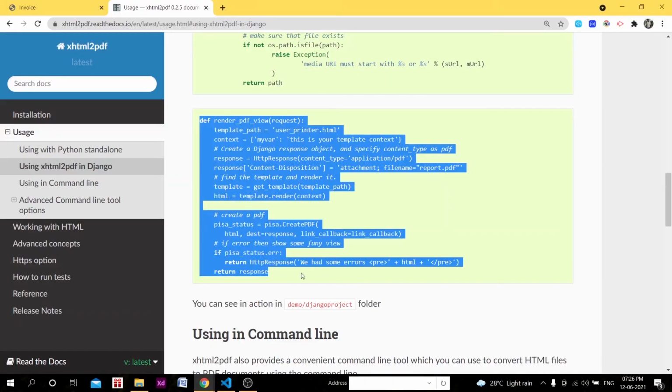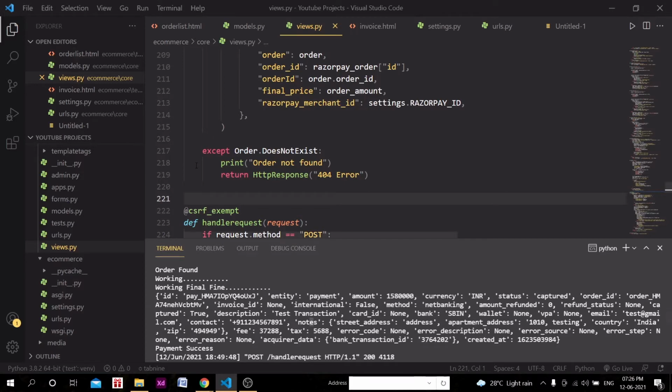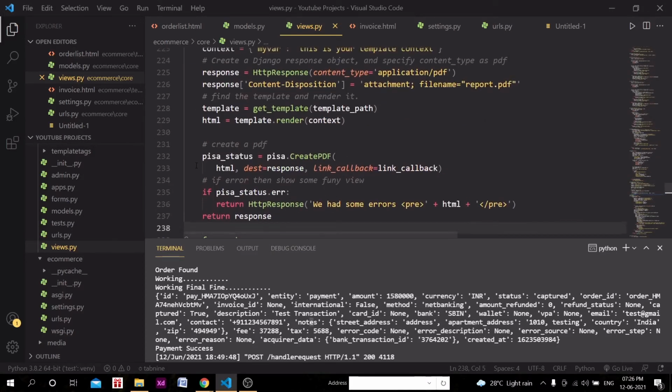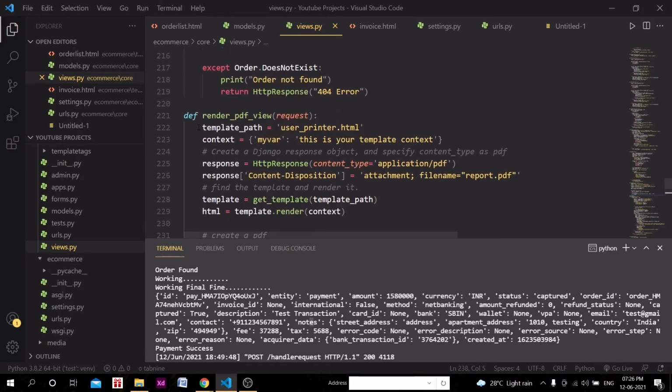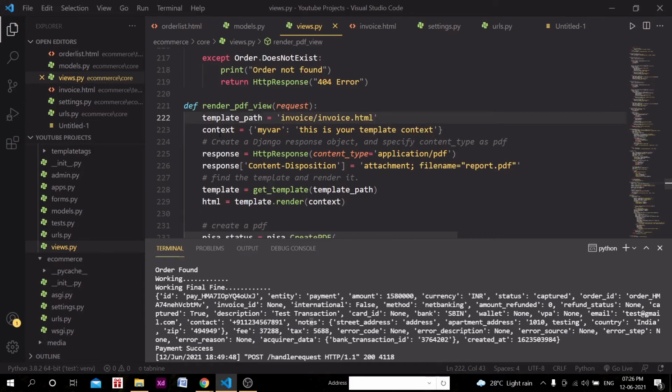So def render PDF, okay. So we will have this function here, render PDF view, and here the template path will be invoice/invoice.html, simply, right?